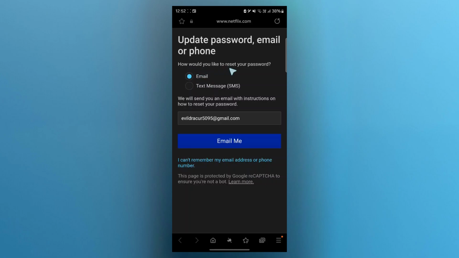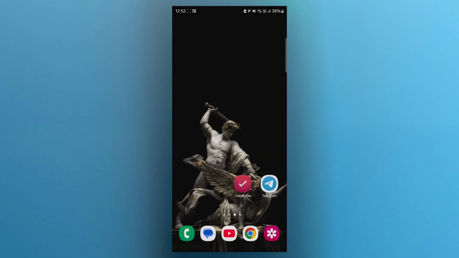Simply choose how would you like to reset your password, through email or text messages. So I will choose email, then enter my email with which my Netflix password is associated, and I will click on email me button. Now when I click on the email me button, it will send an email with instructions